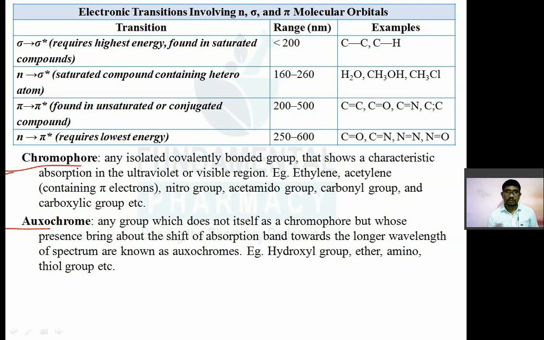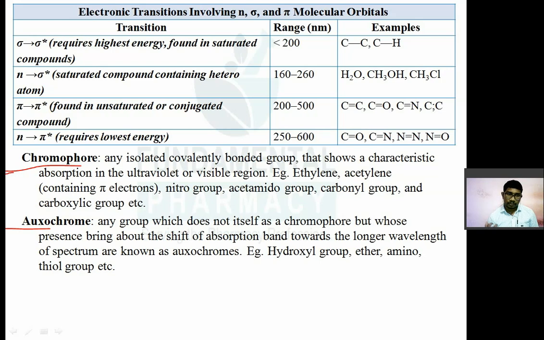Now, what is an auxochrome? Auxochromes are also certain kinds of groups, but themselves they will not act as a chromophore. But if they are attached to a chromophore, then they will shift the absorption maxima. So an auxochrome is a group which does not itself act as a chromophore, but whose presence brings about the